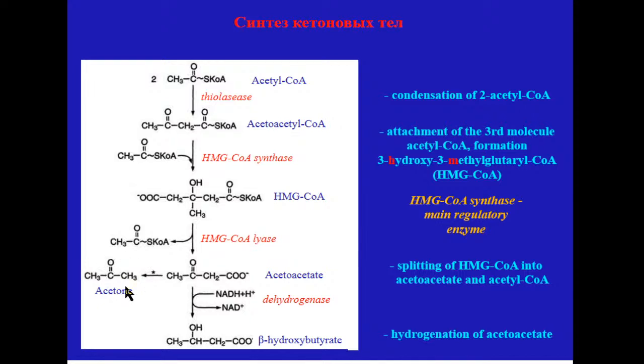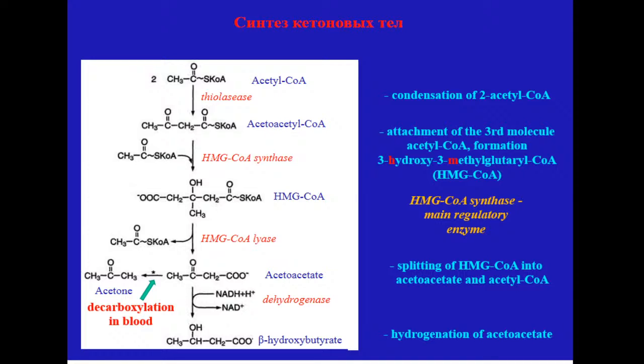Acetone is not a normal product for us. It's a complication of all the processes, and please note that acetone is a product of decarboxylation of acetoacetate in blood. It's important. Liver is not synthesizing acetone. It's a mistake. Moreover, a very small quantity of acetone can be detoxified in liver, but most of the acetone is